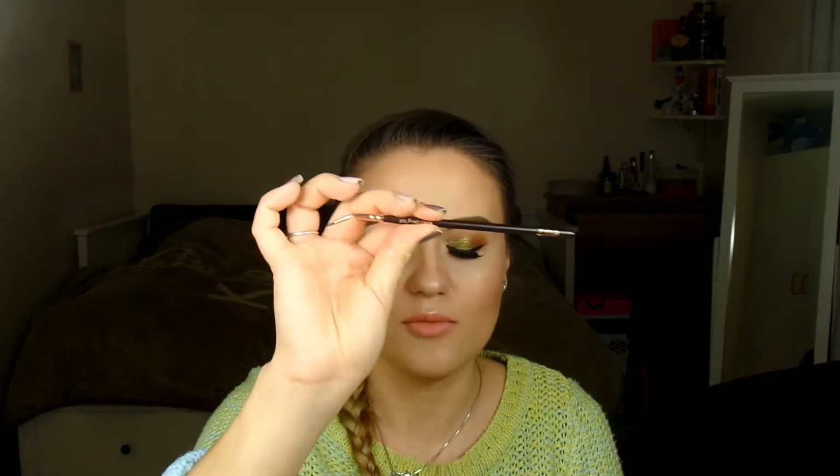Next on my list is, I remember saying in one of my videos that I don't have a favorite eyeliner brush, and I've been branching out. I've been going out of my comfort zone and trying more and more to find a way to apply liner. Surprise, surprise, I found a brush that I had for a long time from a brand that I absolutely love and I cannot recommend enough. So this is the fine liner brush 315 from Zoeva. With this, it's safe to say, after having brushes from quite a few brands, that Zoeva is my